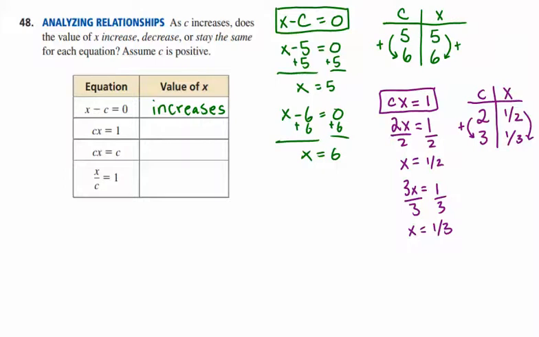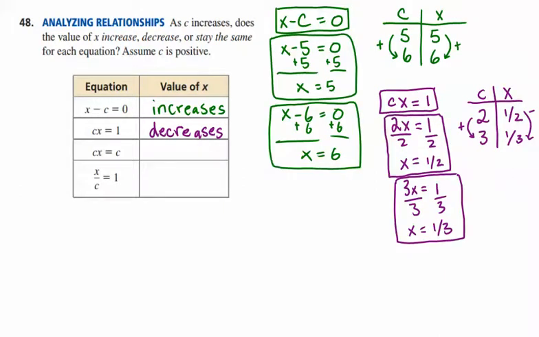And so in this case, we would have to say that we go down from 1/2 to 1/3. And so in this particular case, the value of x decreases as c increases. Hopefully that's clear. Okay, then we'll go on to the third example, which is cx